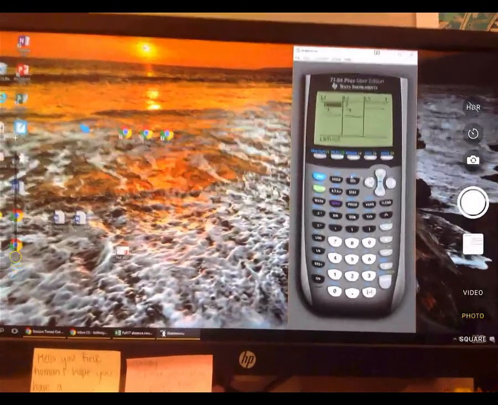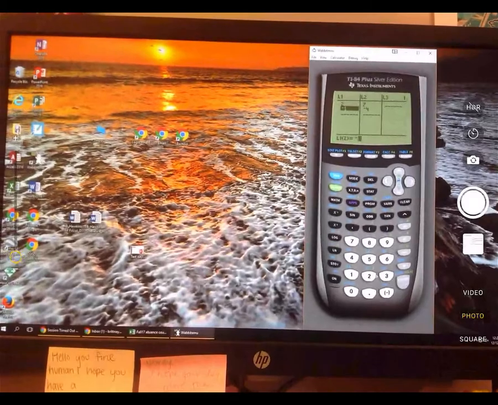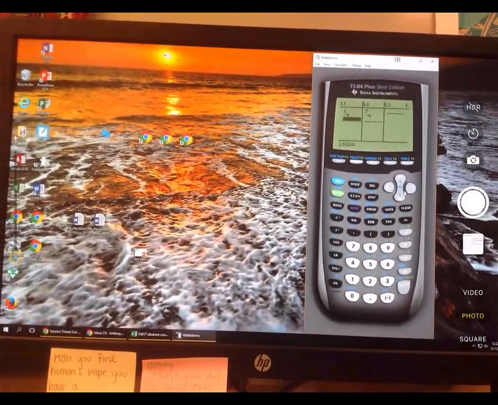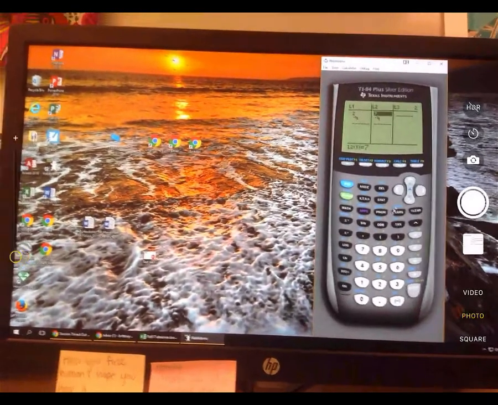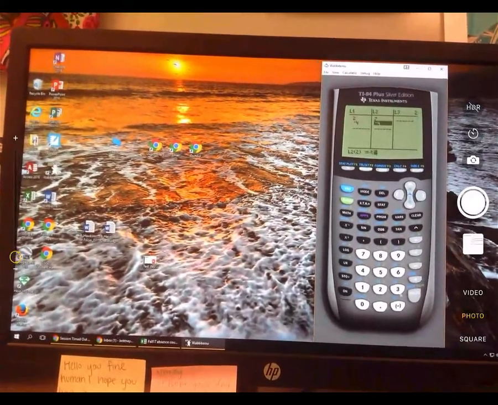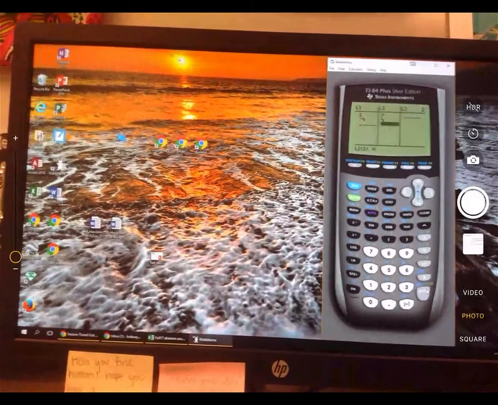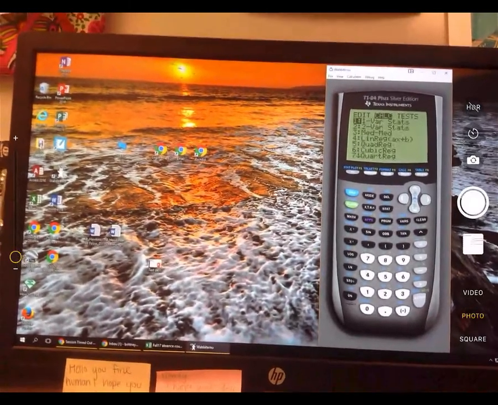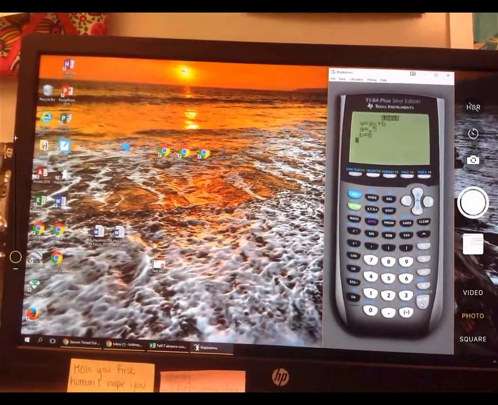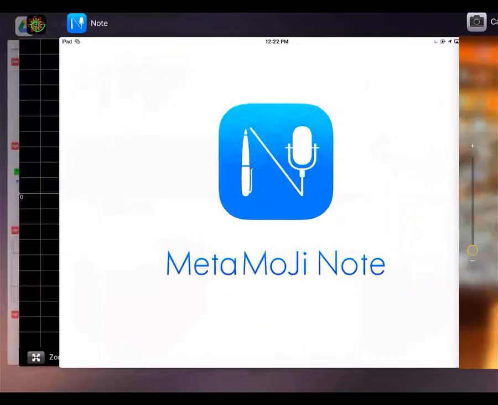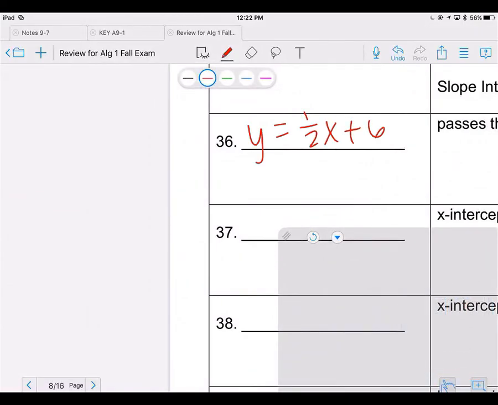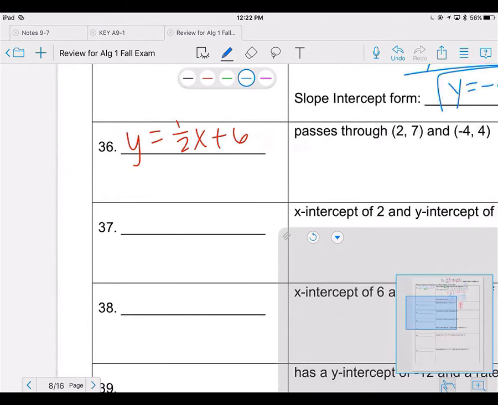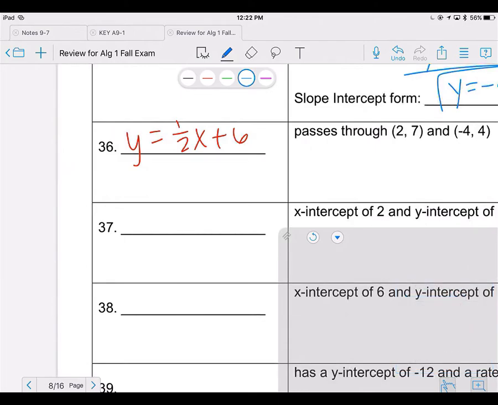I need a 2 and a negative 4, and then in my y's, I need a 7 and a 4. I click stat, calc, 4, enter, enter, enter. And I get 1/2 and 6. So my equation is 1/2 x plus 6. Remember, the order in which they pop out on your calculator is the order in which you put them in,